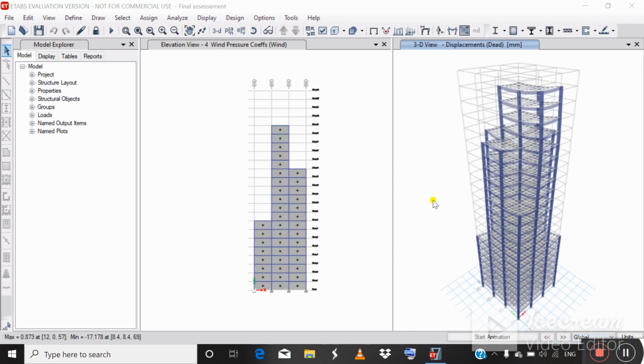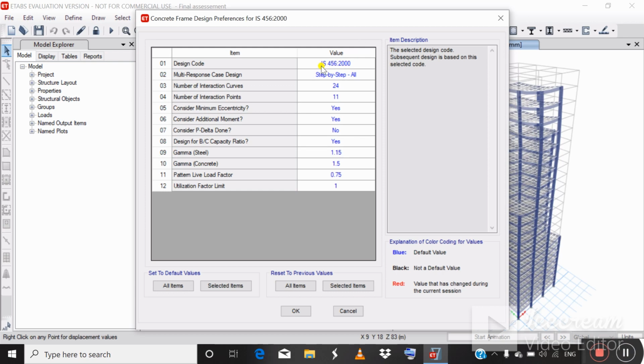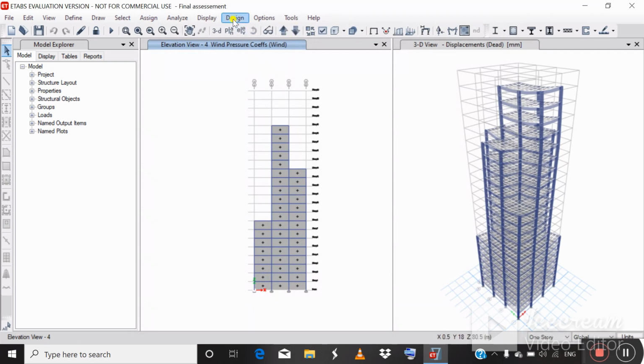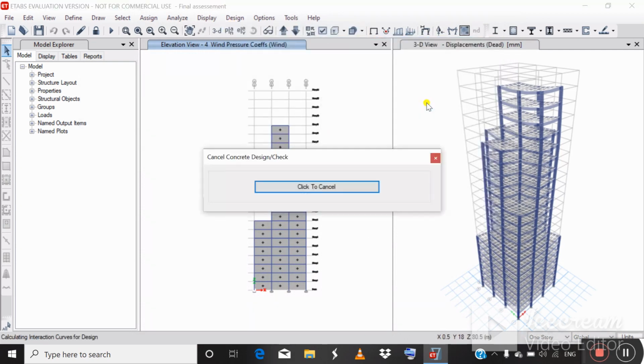After completing the analysis process, go to Design, then Concrete Frame Design and view Design Preferences. Check that this is IS 456-2000, then click OK. Again go to the Design menu, then Concrete Frame Design and start design. This will also take some time, so please be patient.